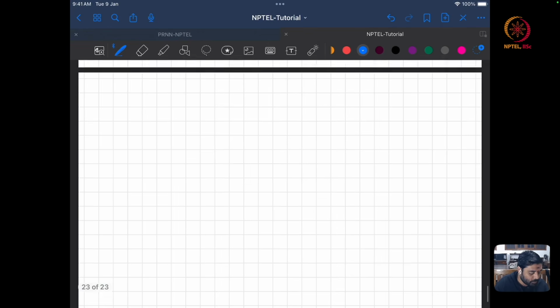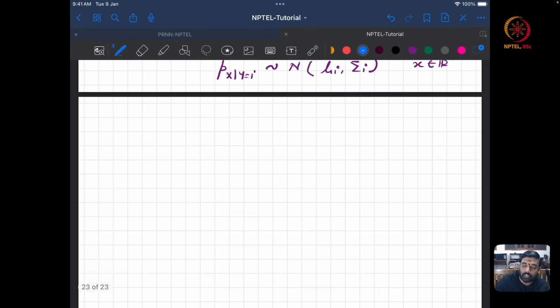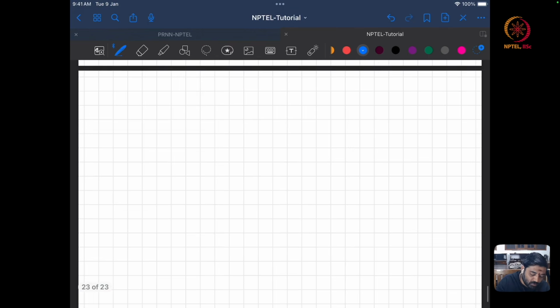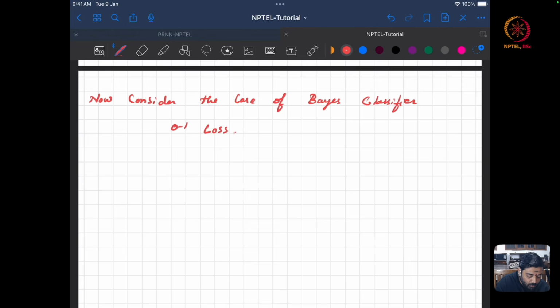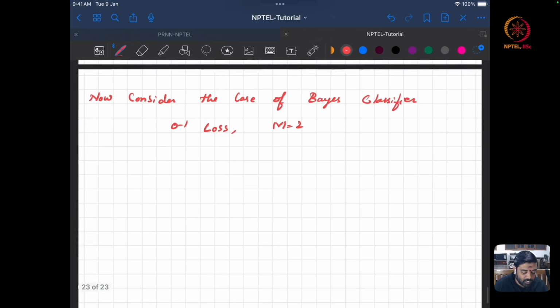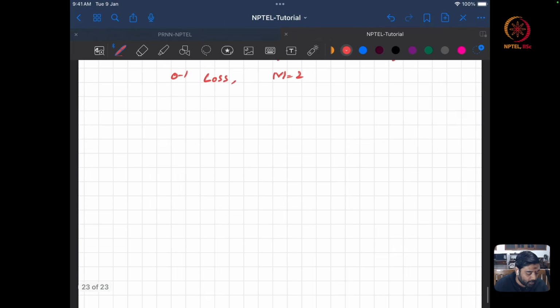Okay, now we will do it explicitly for a 2-class, m equal to 2, case, and then assuming 0-1 loss. So now consider the case of a Bayes classifier with 0-1 loss and m is equal to 2. This is the case that I am assuming. Okay, then